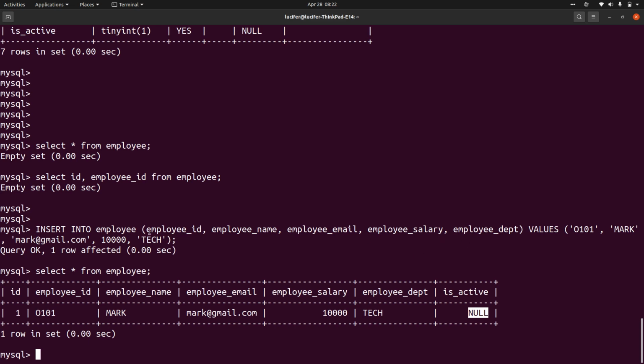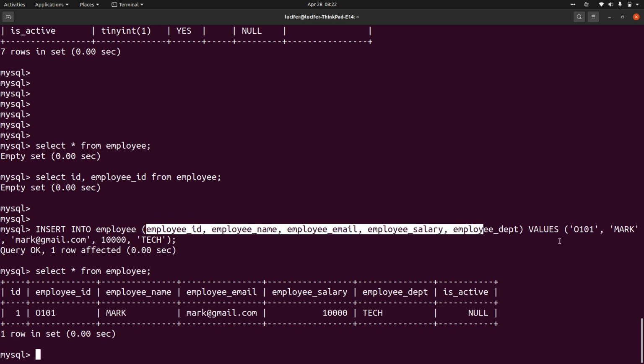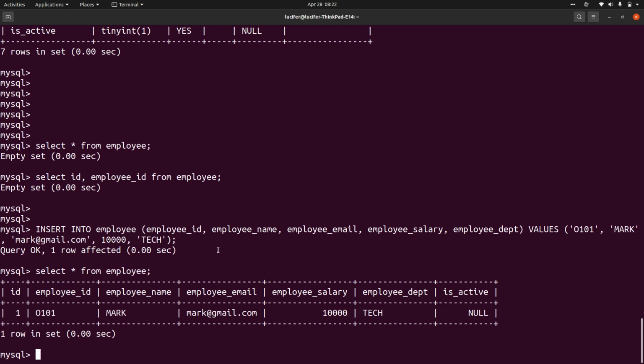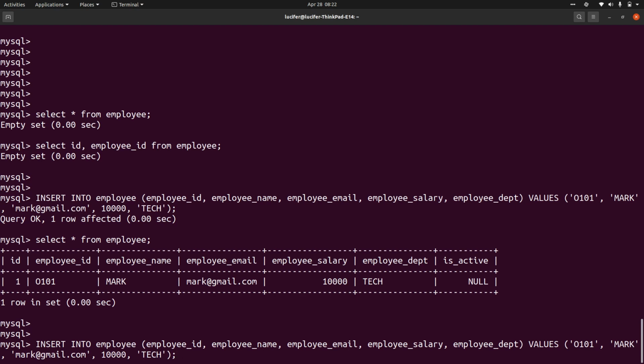So this is how you insert data into the table using SQL. Insert into table name, the columns that you want to insert, and values, all the values that you have to insert. Fine. So this is one way. There is another way where you give the values like this, and after the values you keep a comma and enter another set of values, comma, another set of values. With the same command you can give multiple values at the same time, right?